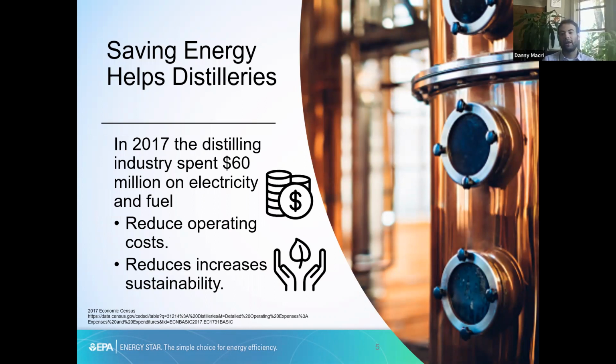So I understand that distilleries, especially craft distilleries, have a lot on your plates. I know a lot of people wear different hats, and sometimes energy may not be a top priority. But taking some steps to manage energy can really help you in areas of operations and sustainability communication with your customers. So in 2017, the distilling industry spent $60 million